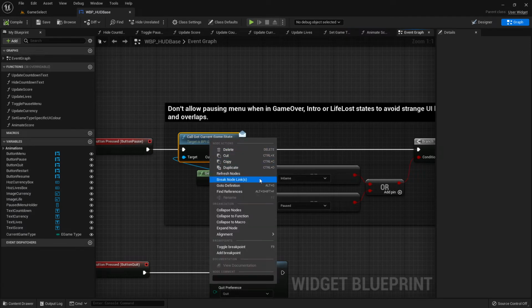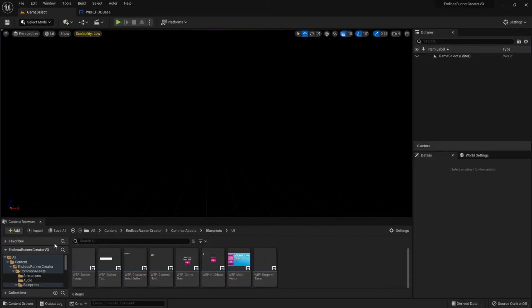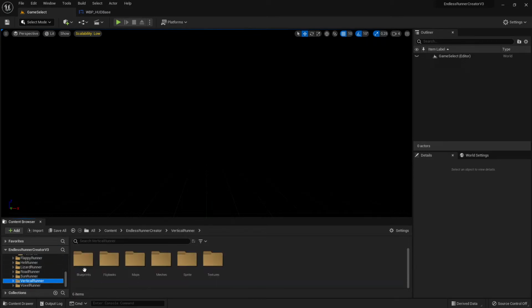Is there not a refresher node here? Can I open this up directly? No, I can't. Oh, okay. I can only open up the interface. Okay, let's call the game mode here, which means I go to the vertical runner,